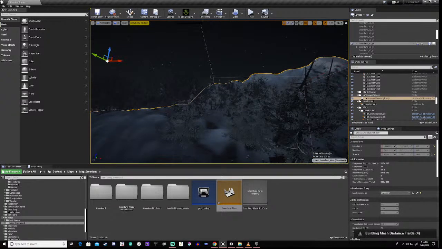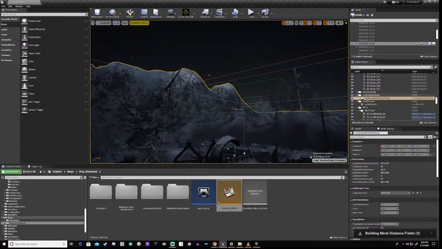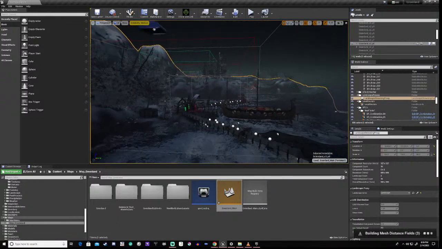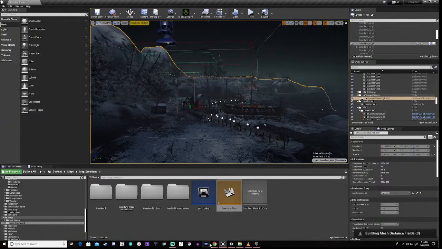Alright, it's doing those distance fields. Let it do its thing. Now, here's the interesting part.